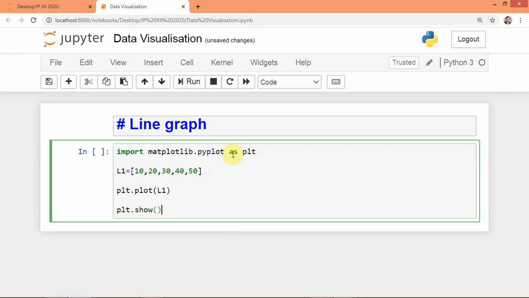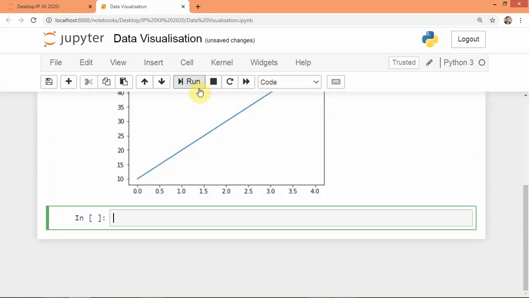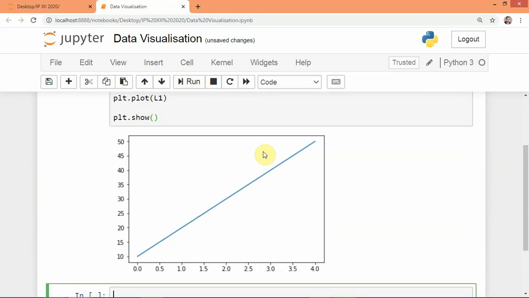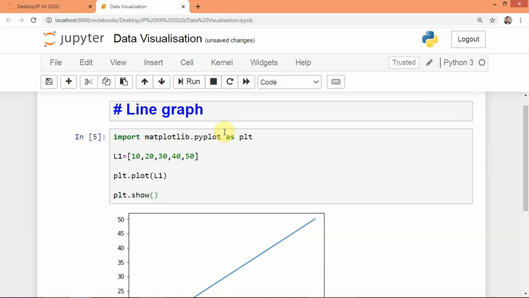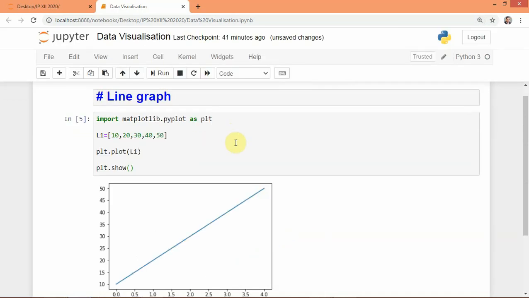Plot will create one graph and plt show will show that graph. Let us see what is the output. If we give one simple data like this, then the output will come like this.